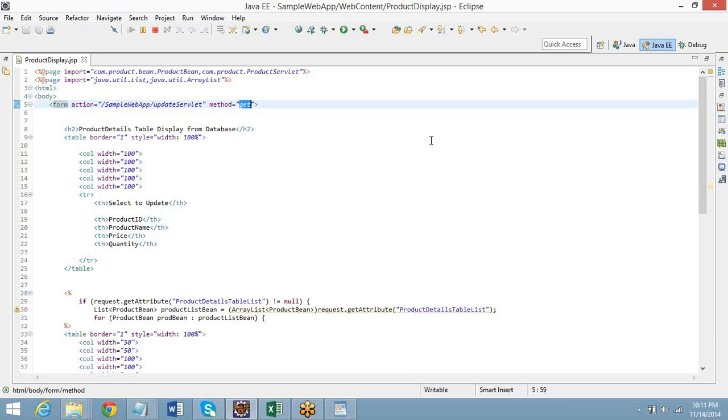Get is probably for small URLs. And whenever we are sending, we send it encoded, with encode URL. There is a syntax so that the user cannot read whatever you are entering. It will be added with %20, %30, like that. So it is secure. Again, you have to decode and use it. There are so many things. No worry. We'll start up with JDBC.